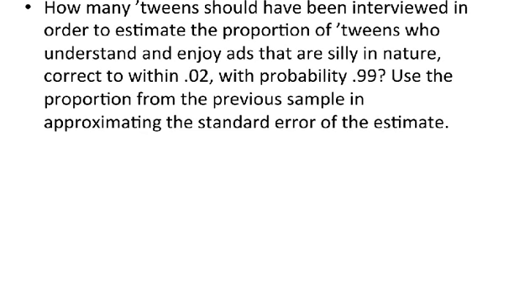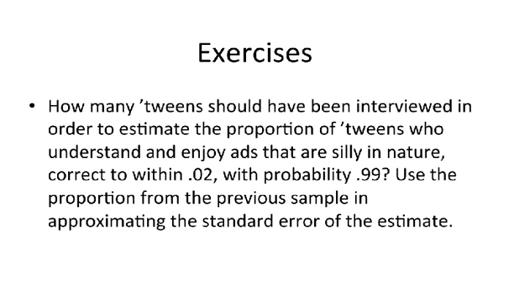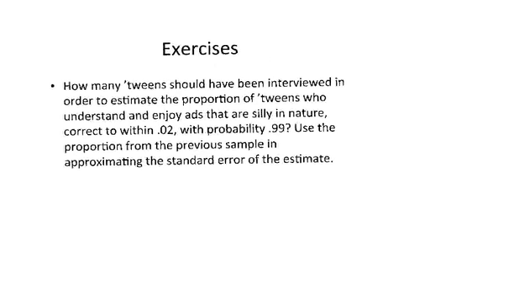So let's solve one small problem about this. Referring also to the problem that we solved, we have some teenagers, and now we need to know how many should be interviewed to estimate the proportion correct within 0.02. So this is the error. And a probability of 0.95, that's the confidence. The hint here is that we could use the proportion from the previous example to approximate the standard deviation, no? So as I told you, for the formula